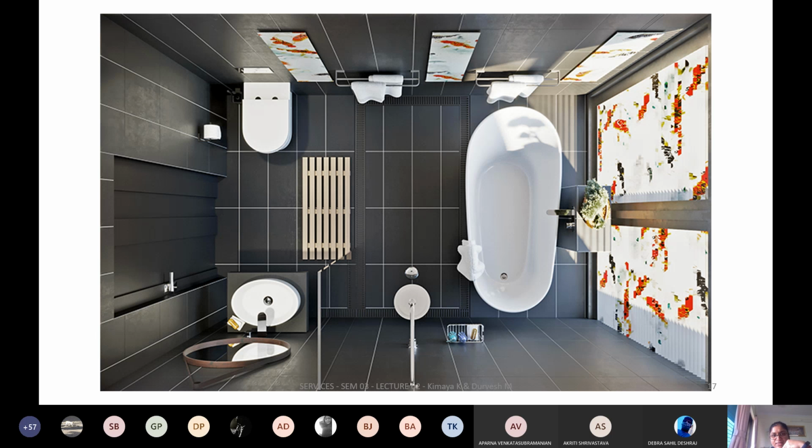Now in this you can clearly see that there is a drainage channel at the edge of the shower area. I hope everyone can see that. Can you guys see it? Yes. Okay. So that is also very important because it's just trapping the water at the source itself. So services is also about being efficient. So you ensure that wherever you know that there is going to be water, you trap it and you ensure that it drains out the floor. And if you again see, it's right at the farthest end.